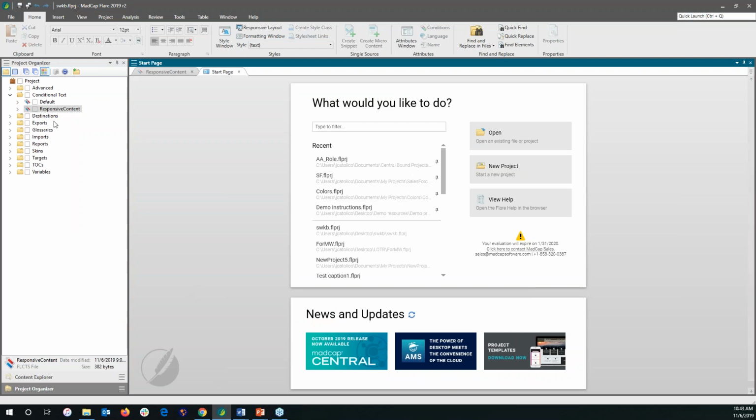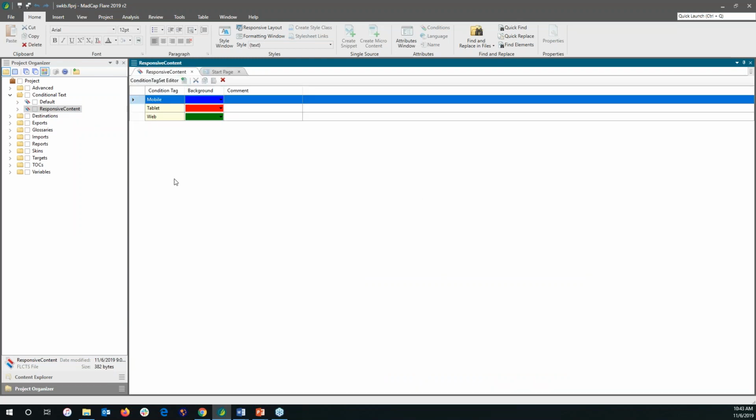Now we'll first start off by creating our new conditions. I'll open up my responsive content conditions condition set. Now I've already created these to save us a little bit of time. But we'll call our conditions mobile, tablet, and web. Now we can of course name these conditions anything that we want, as they are arbitrary values just like normal